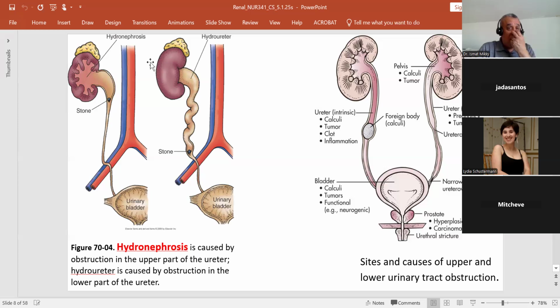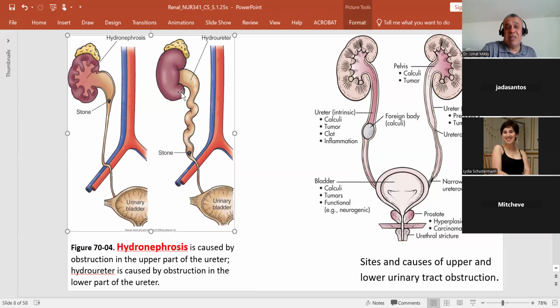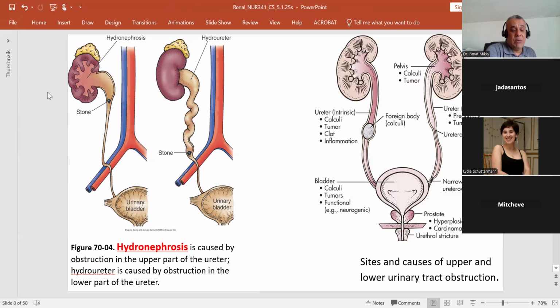hydronephrosis. Now, this one is a hydroureter because the stone is down the ureter, so the urine has been collected within the kidneys, but most of it within the ureter. So this is called hydroureter. This is hydronephrosis. This is very dangerous because that's going to result in a severe UTI, and the patient will develop